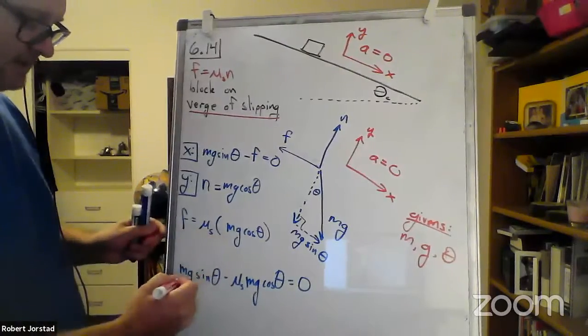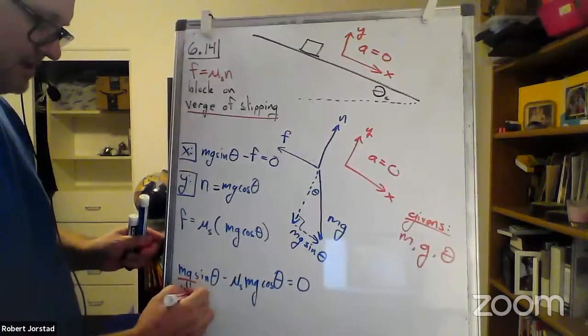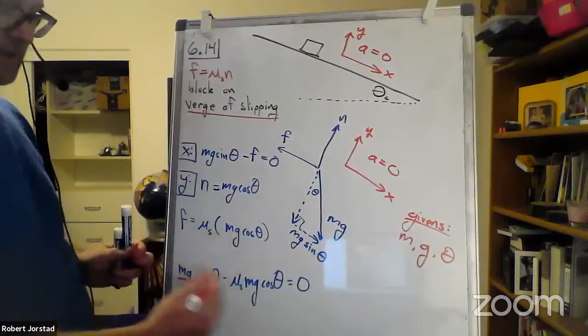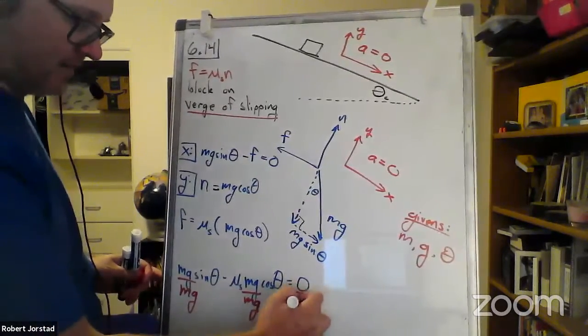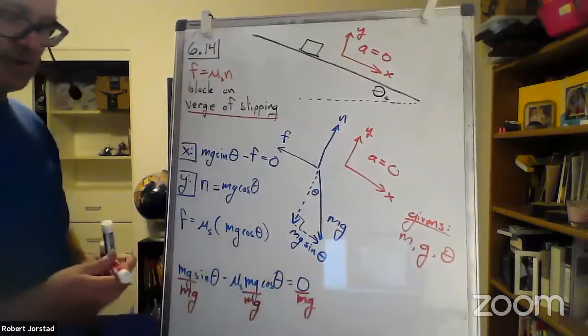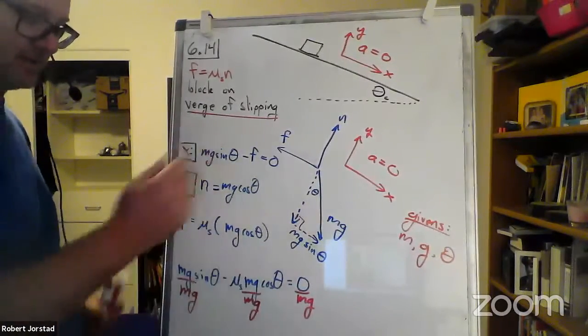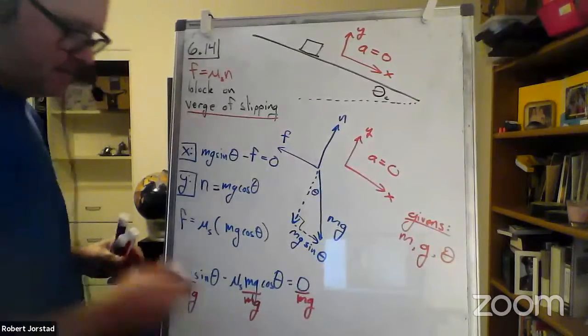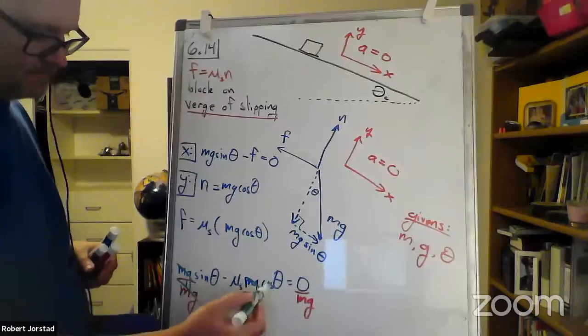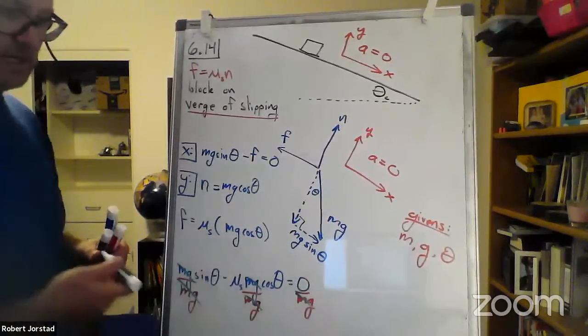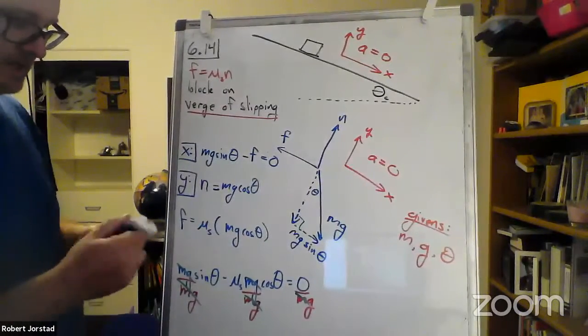Every term, I could divide every term by the same number. I could divide everything by 7. I could divide everything by 16, or I could divide everything by mg. It's just a number. As long as I do it to every term in the equation, well, the mg drops out. I don't even need mg. From there, we see